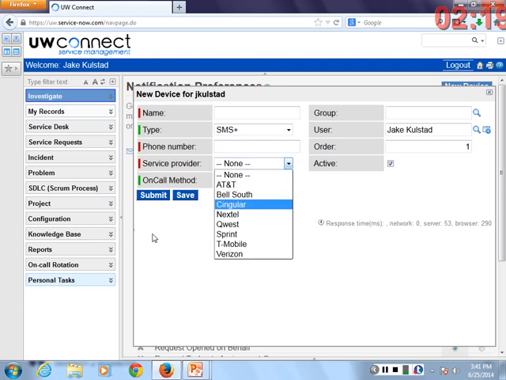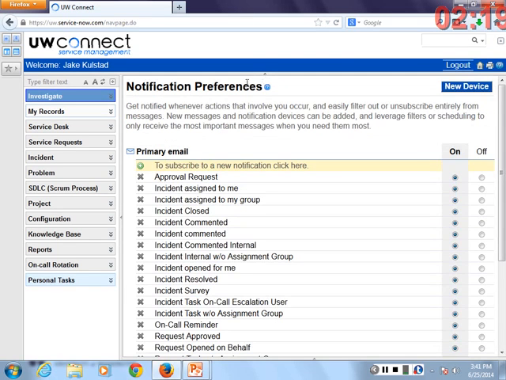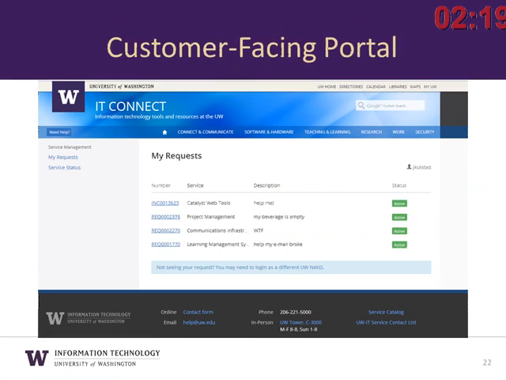So if you are an on-call person, make sure you have your devices in here. Google Voice also works. So if you have a Google Voice number, you can just choose any service provider and the phone number, and you can choose it as an SMS or voice. Everyone okay with that? Excellent. I'll cancel out because I want to keep mine blank for now. That is the bulk of what I wanted to cover.